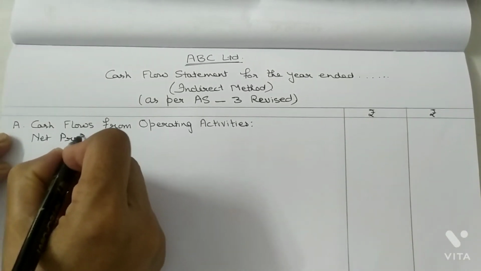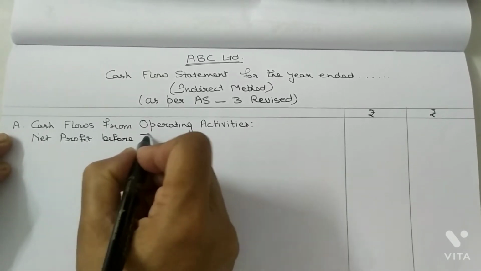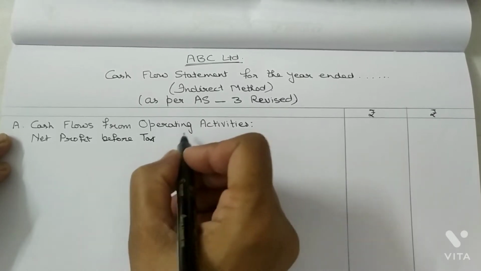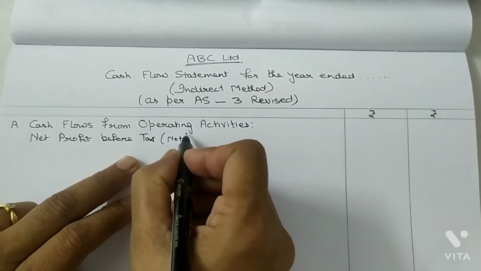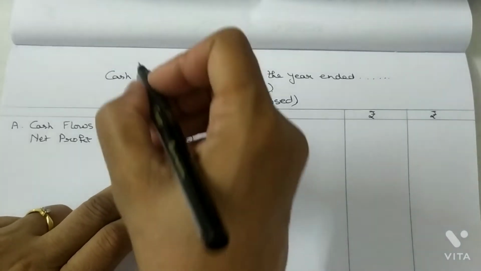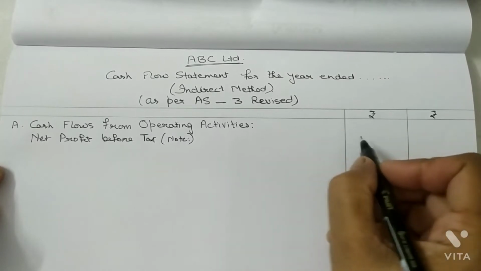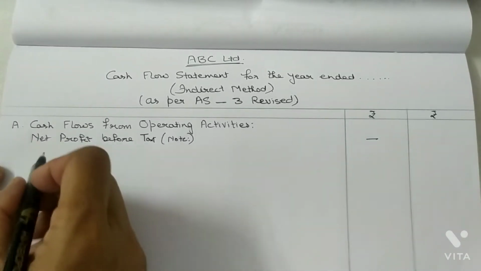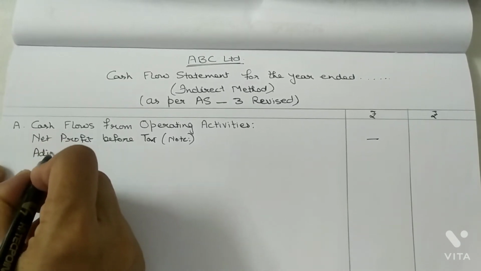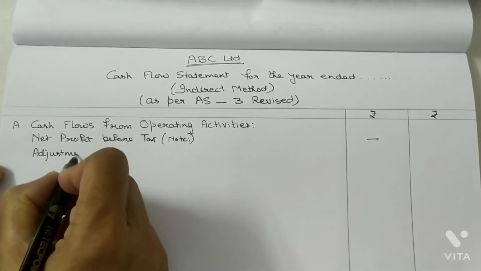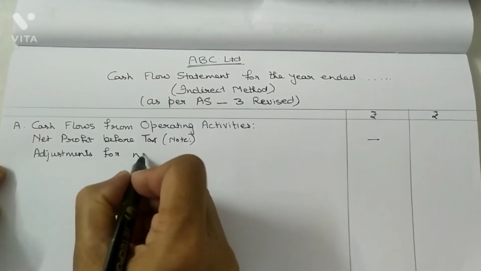Profit before tax, in note number. I will explain you after this format. You have to write it here: net profit before tax. Then adjustments for non-cash items